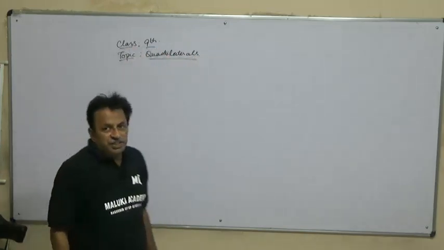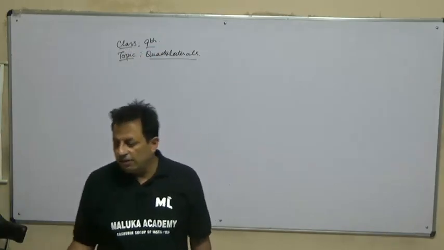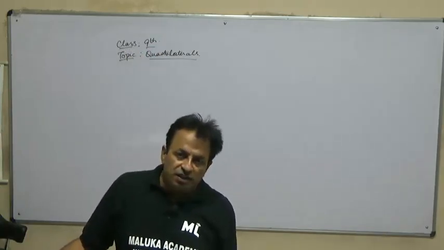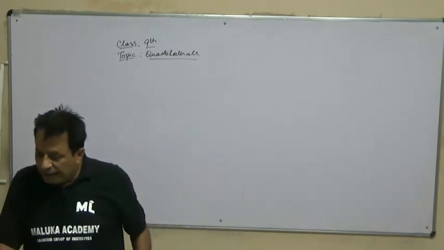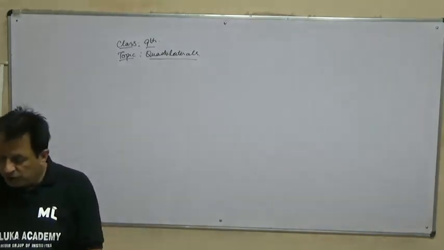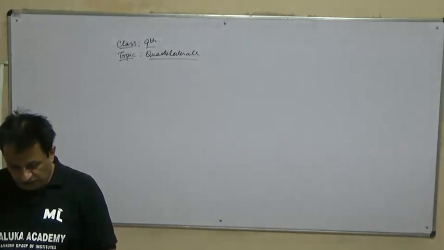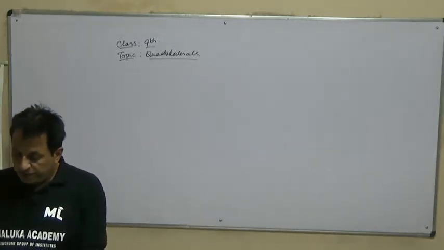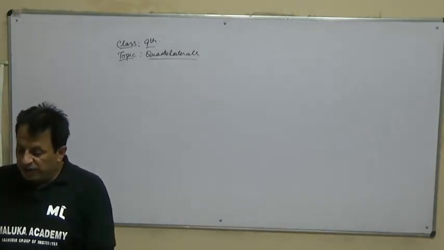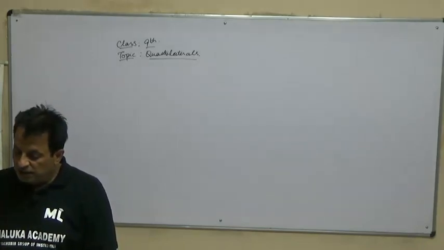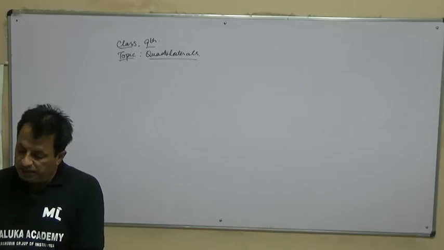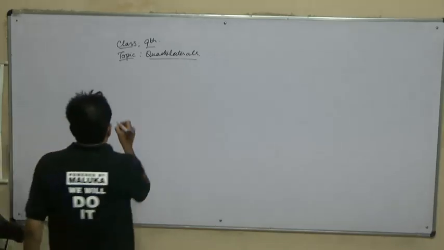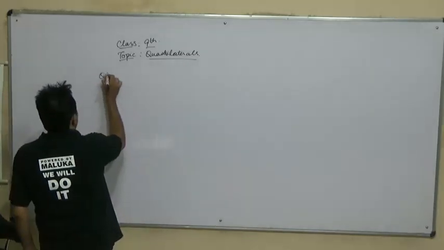So we have started this chapter yesterday and we have covered some concepts of the quadrilateral, types of quadrilateral, angle, some properties of the quadrilateral, and we will continue with the same. So here the question is, in the given figure ABCD is a quadrilateral in which AE and BE are the angle bisectors of angle A and B. So in the first question, what are we given?